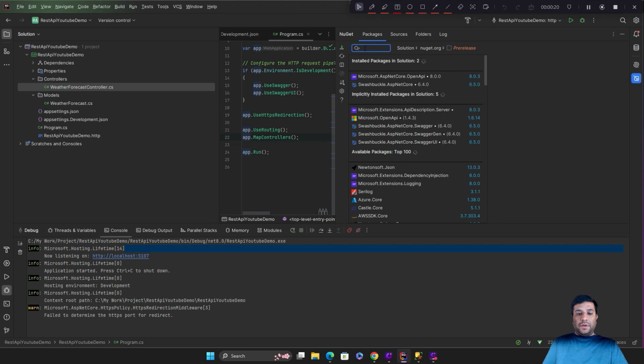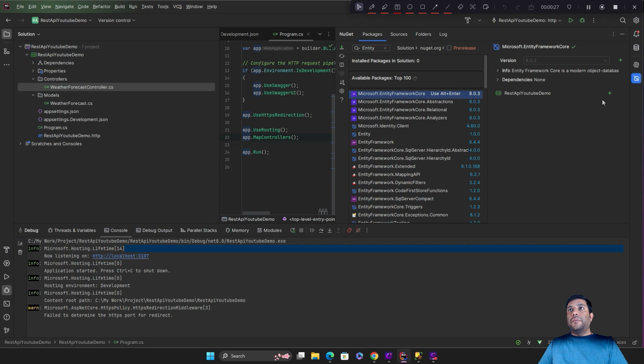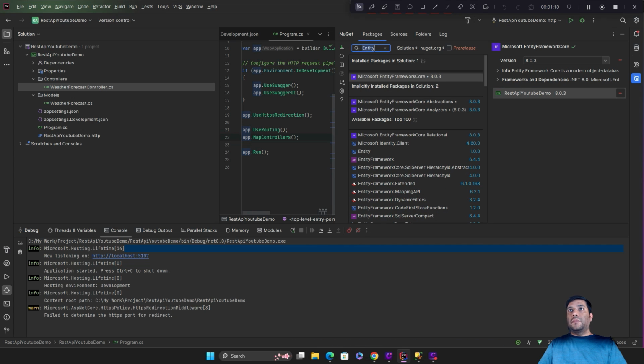We need Microsoft Entity Framework Core, and I'm using the latest version. I did not use a pre-release, so whatever the latest release version is, I'm using that. Click install, and the second package that I need to install is